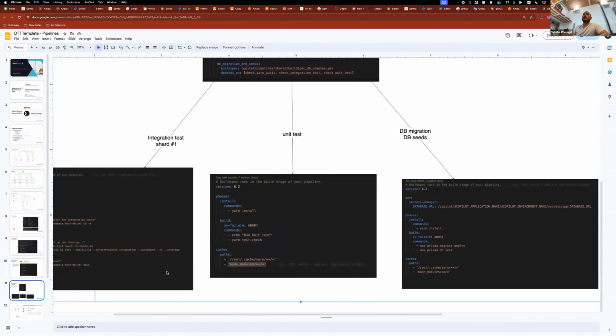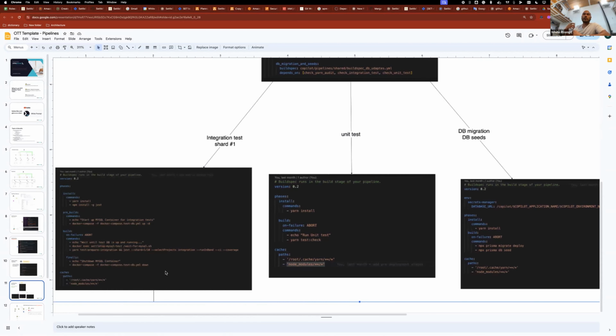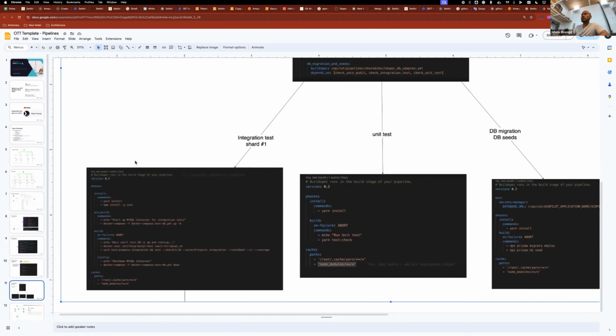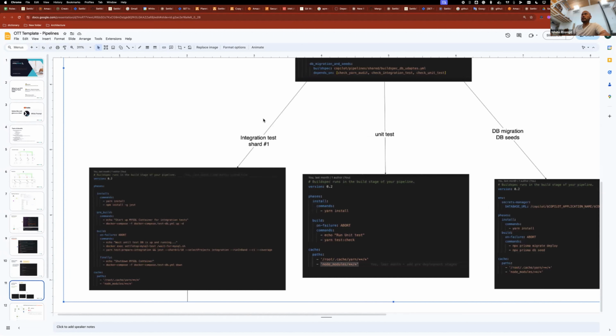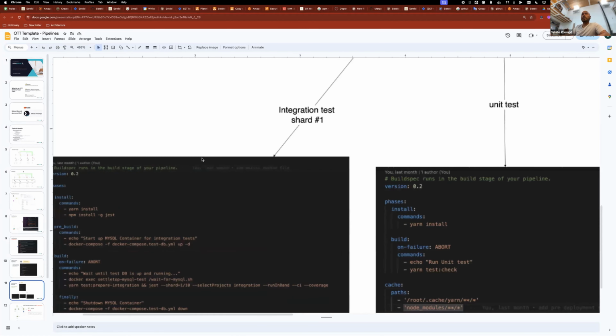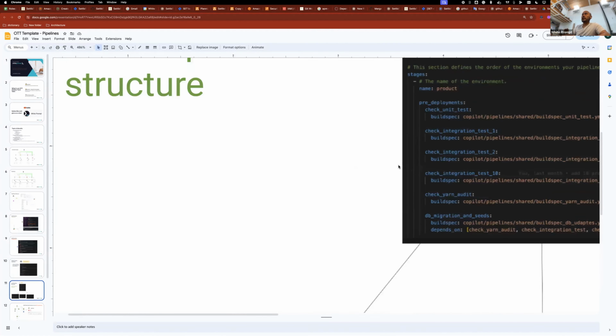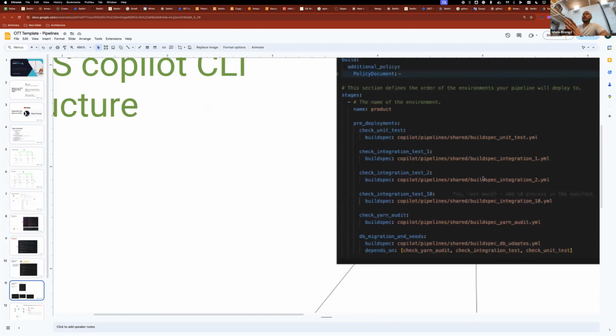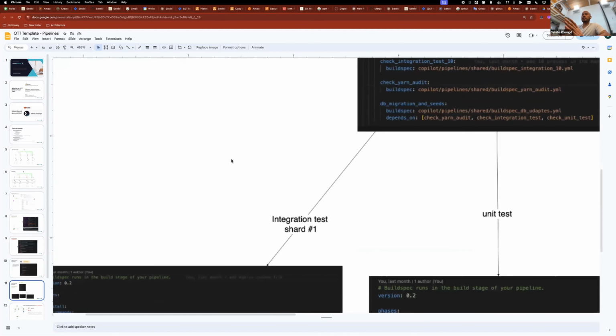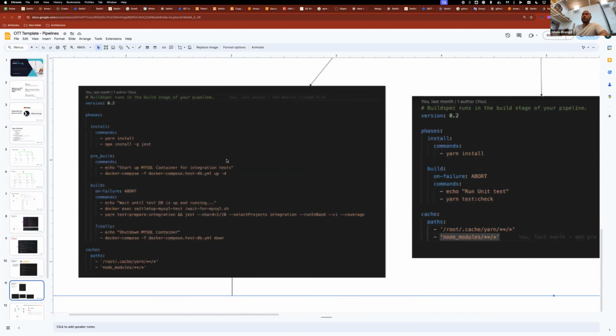So at the bottom here, I put as well examples of how those other specs look like. And just to go to the main key point here, I want to highlight how to run the integration test and the DB, how to run the migration seeds, since I noticed that there is a lot of information here. So first we have our manifest file that declares the CodePipeline in AWS. And this other one, what it does is run an integration test. So as we know, we need to have a container